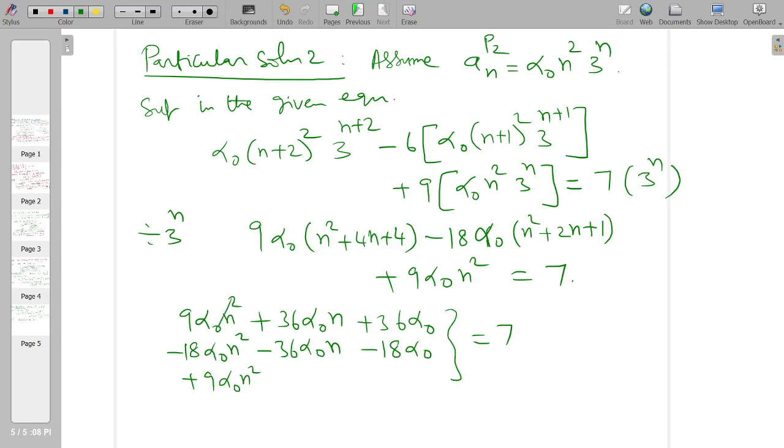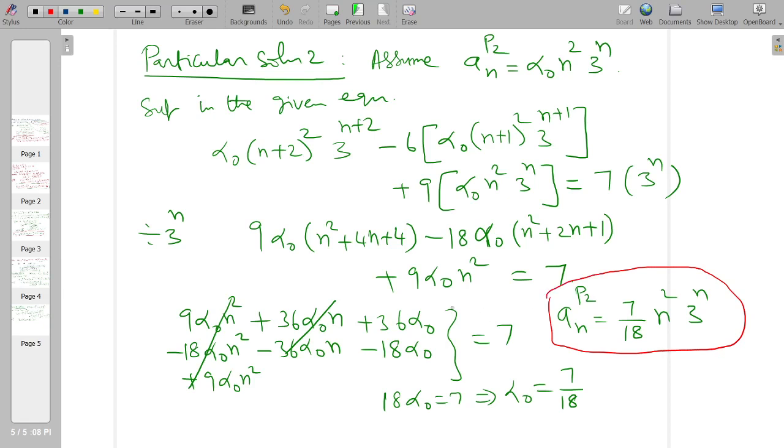So 9 plus 9, 18 minus 18 alpha naught n squared gets cancelled. 36 alpha naught n minus 36 alpha naught n gets cancelled. I will have 18 alpha naught is equal to 7. From this, alpha naught is equal to 7 by 18. So here a_n^(p2) would be, okay, I have assumed like this, alpha naught is 7 by 18, n squared 3 power n. So this will be the second